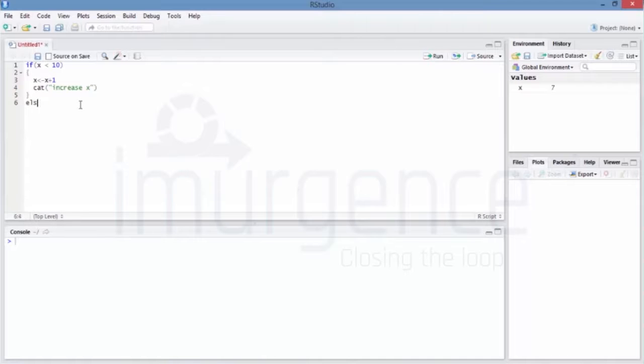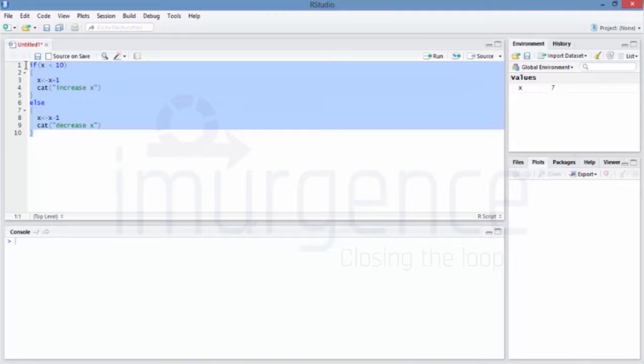Now if this is not correct, if also has an else, then I'm saying else statement. When I'm saying something like this, x is equal to x minus 1, and cat, I'm saying decrease x. That completes my functionality. I already gave the value of x somewhere down as x is equal to 7, and when I do a run like this,